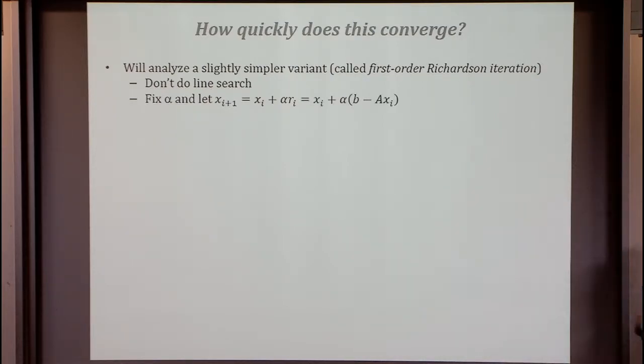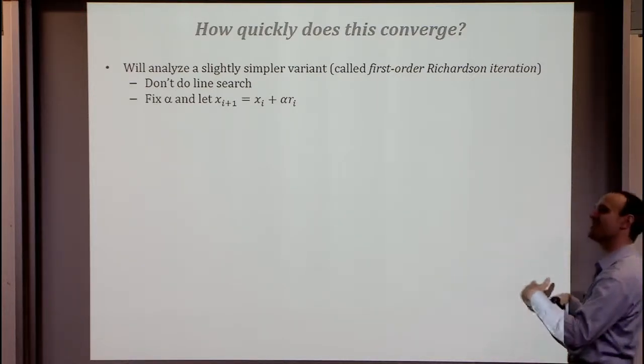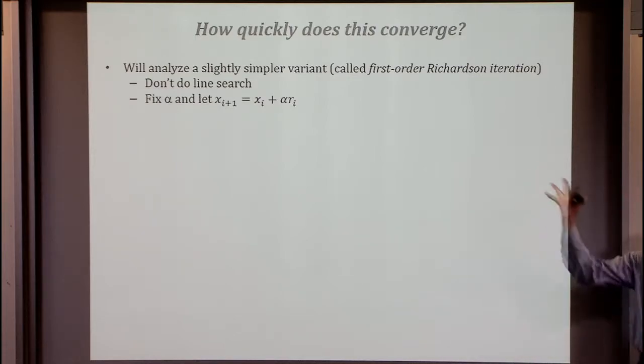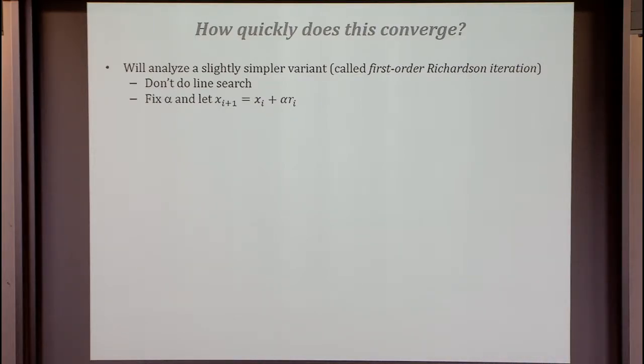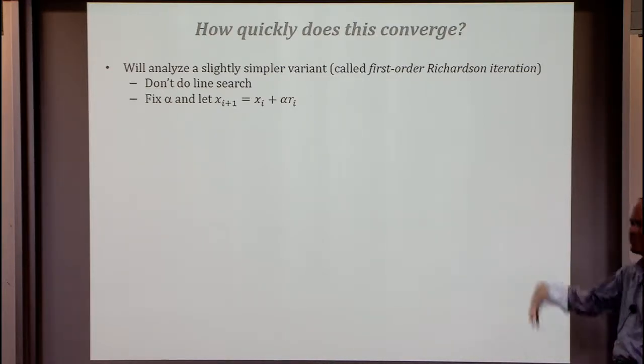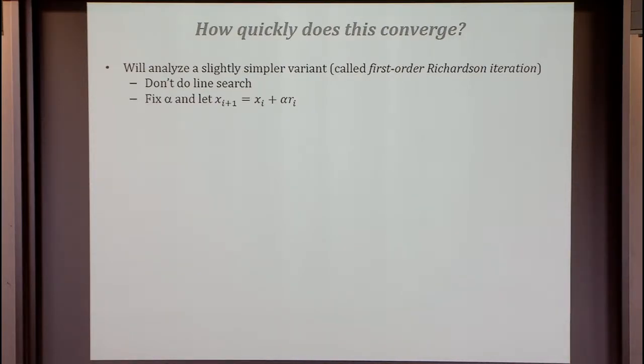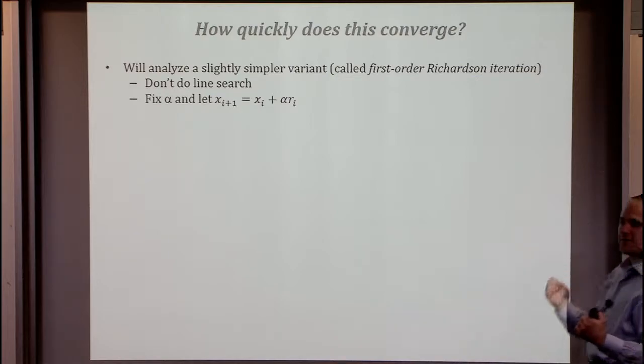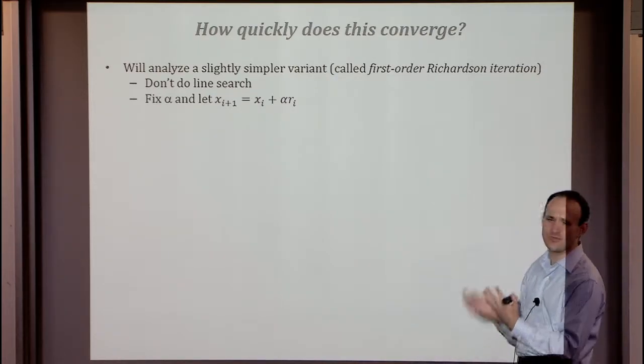Now, it's worth noting that this is really mainly to preface the stuff I'll talk about later. It's not that hard to analyze this even with the line search, but this one will generalize a little more cleanly. You can think of the line search as behaving at least as well as the analysis I'm doing here. In a worst case asymptotic sense, these two will behave very similarly.